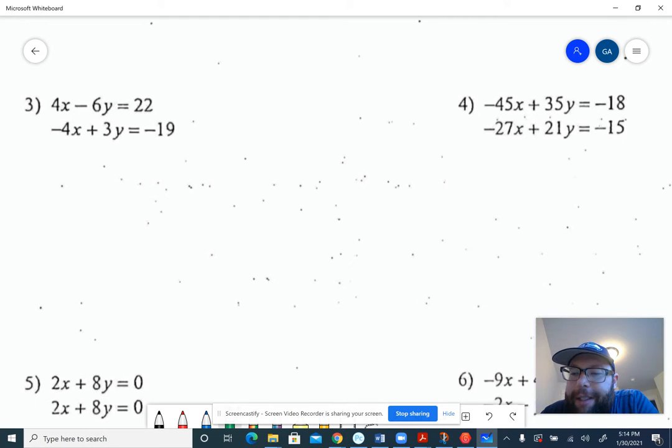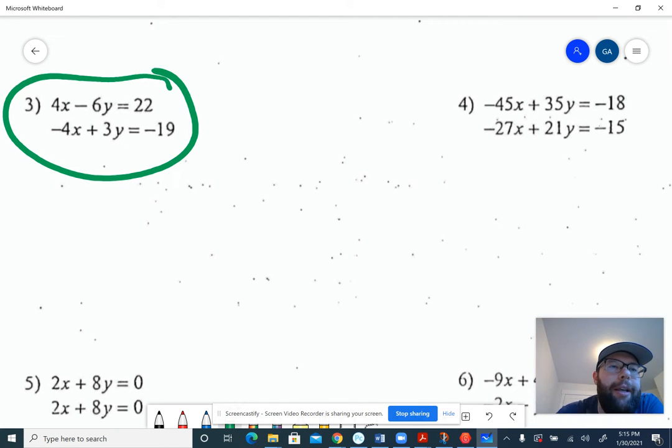You need them to have the same number in order to cancel out, because our goal is to get rid of one of the variables so that we can solve for the remaining variable. You can't solve anything as long as both variables are still there. With substitution, you substitute into the equation to get rid of one of the variables. And with elimination, you eliminate them by adding or subtracting. So if we look at number 3,